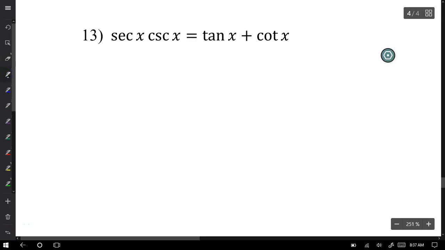In this final video, we're going to look at examples 13, 14, 15, 16 of the 5.2 worksheet with verifying trig identities and hopefully strengthen our understanding of the concepts behind it. If we look at problem 13,